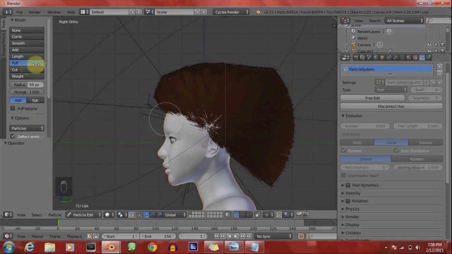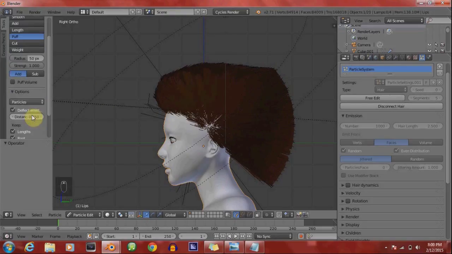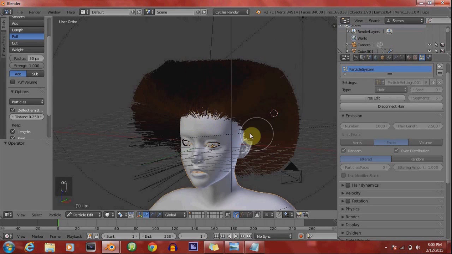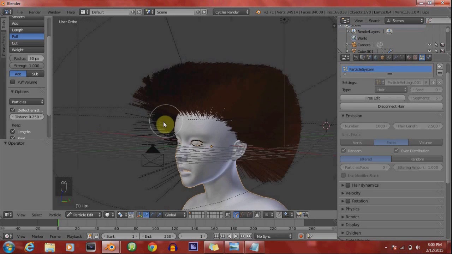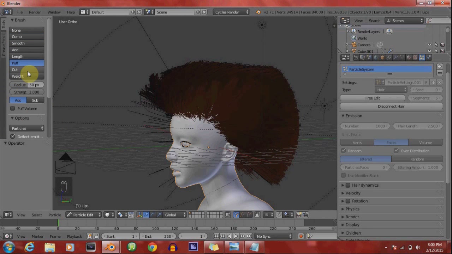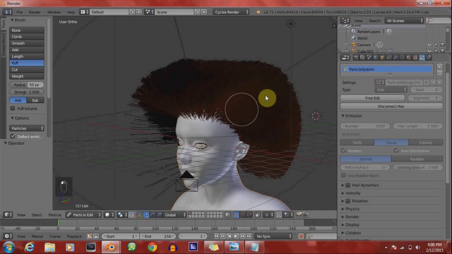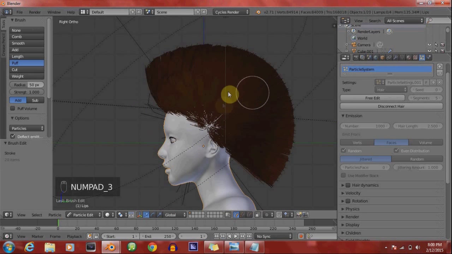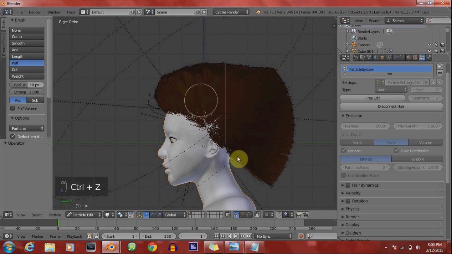Puff actually has to do with the deflector emitter. The deflector emitter is set to 0.20. That's how the deflection, the skin on the scalp, will give off the hair. So that means, like, if the hair gets too close to the scalp, it won't go into the scalp or anything. So the puff will actually puff the hair out from the scalp using that deflector emitter, the same concept. So for right now, I'm just going to go back to the way it was, reset it,